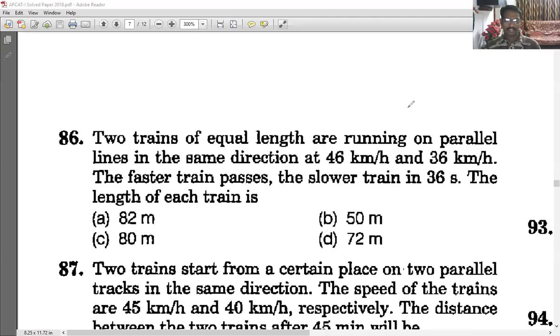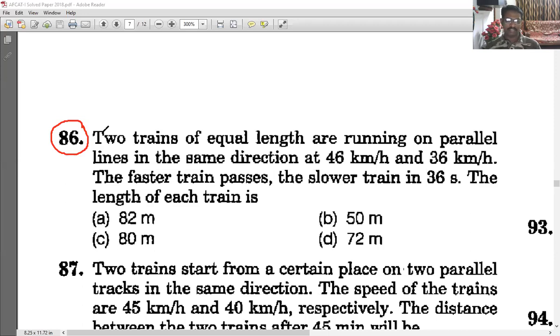Dear friends, let's start solving one problem on trains. This is problem number 86. What you have to do is read it and take your time. I will continue solving the problem. Read the problem, pause the video, and think for a minute and try to solve. After a minute of trying, play your video again and you can find the answer on the screen, what I am solving. This is the method we should implement to solve these problems.